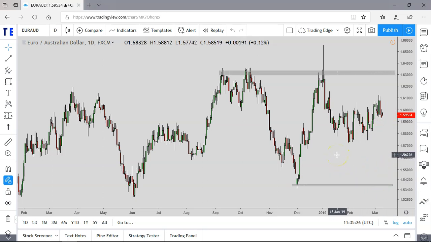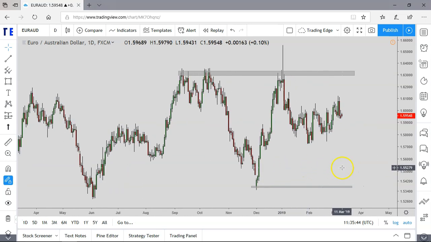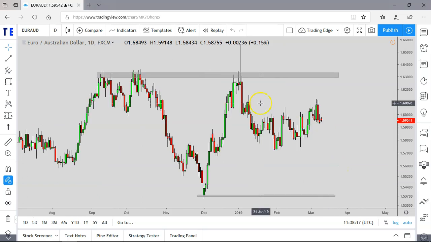The reason I like to trade off big swings is because a big swing indicates to me that there's a huge amount of buyers who entered the market at this level, and they could likely enter the market again depending how this level is tested again in the future. So you can decide to trade support and resistance however you feel comfortable. If you want to trade off minor swings instead of looking for major swings in the market, for example, this area here could be considered a minor swing